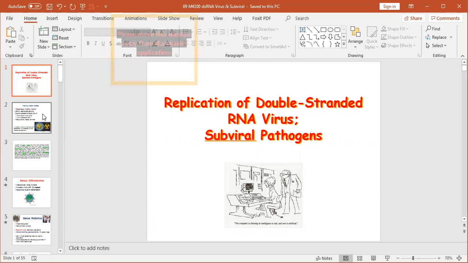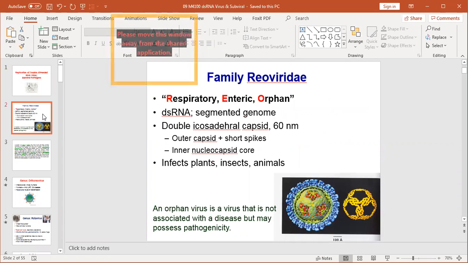subviral pathogens. Slide number 2, the first family of double-stranded RNA viruses are called family Reoviridae. Reo stands for respiratory, enteric, orphan. So they cause respiratory infections, enteric or GI tract infections, and they are also considered as orphan viruses. Orphan viruses are those viruses that are not associated with any specific diseases, but they have